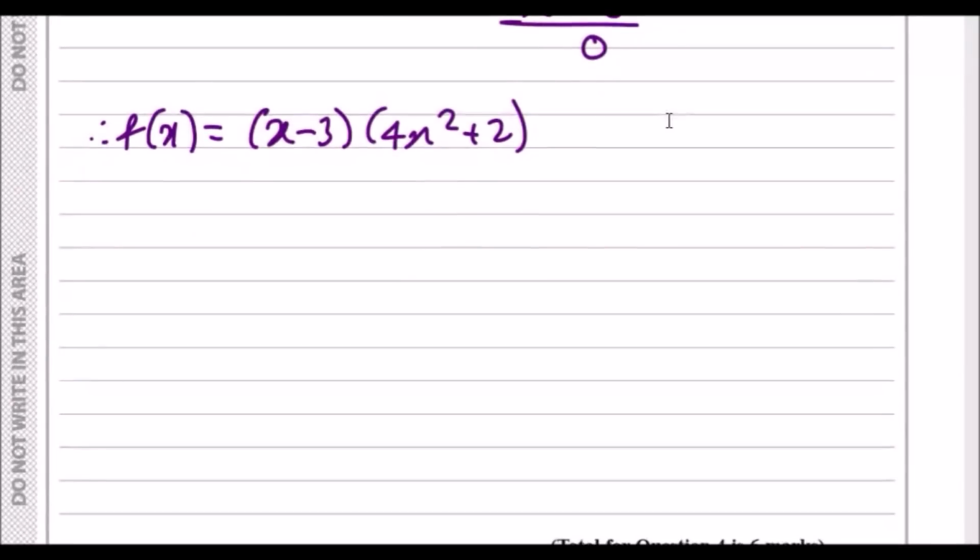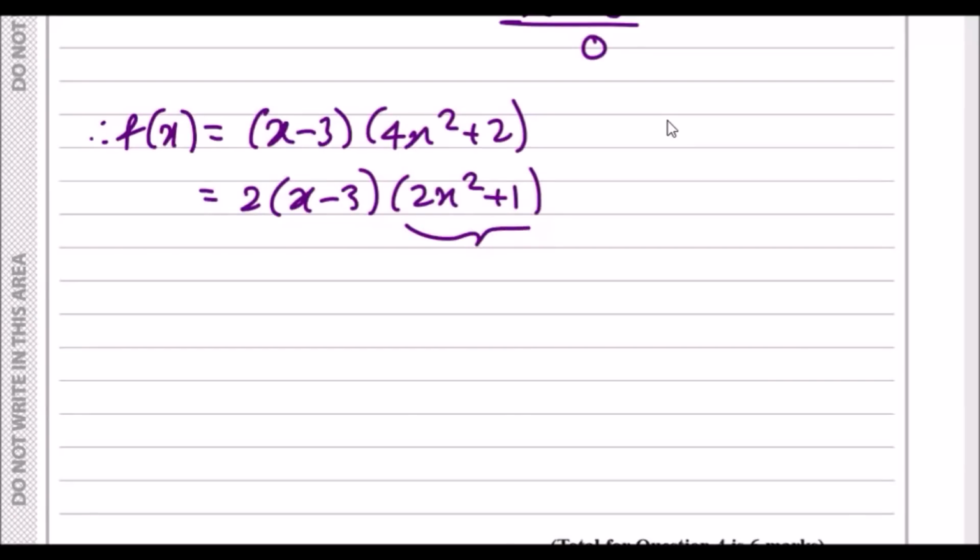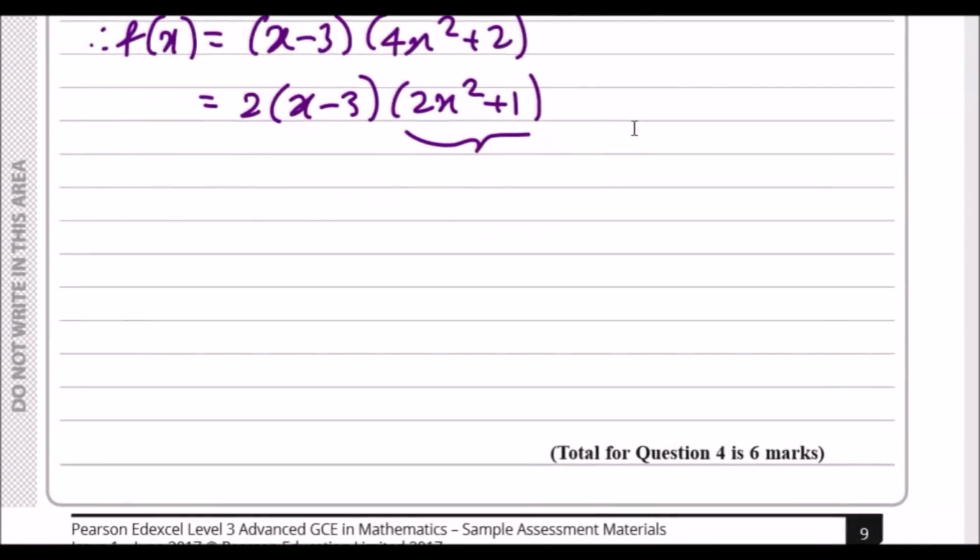You can take the 2 out of this. If I bring it to the front, we're going to have x minus 3 and now 2x squared plus 1. At this stage, you cannot factorize this one, because you can't really do much. If you set this one to 0, just to prove that you can't factorize it,